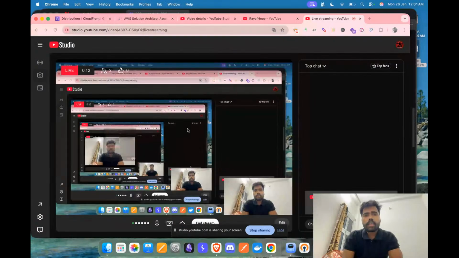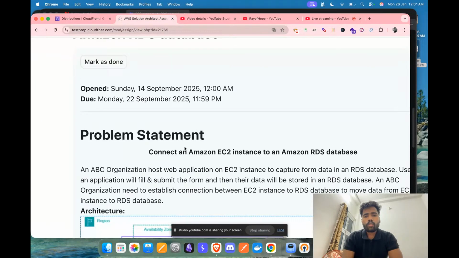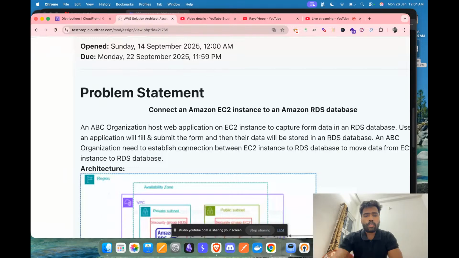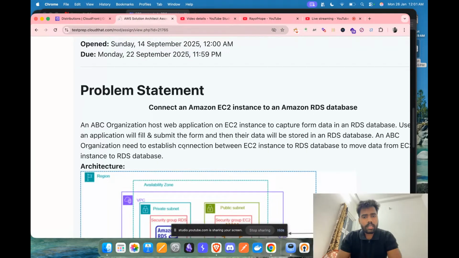As we just completed our content delivery network, how to configure and how to host an application in a CloudFront distribution, we are moving towards AWS instances, and in this session we're going to learn how to connect EC2 instances with the